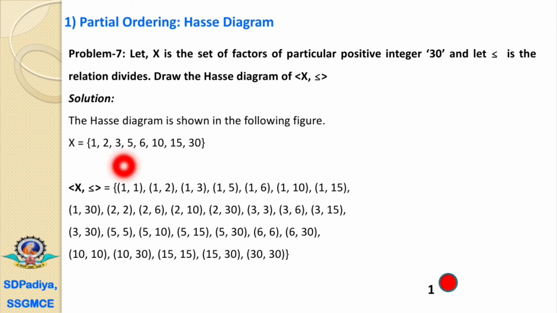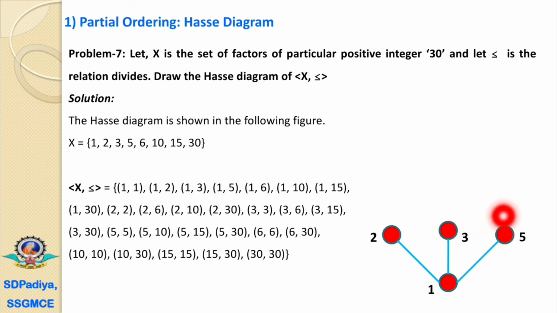Now 1 is covered by the 2, that 1 has a direct relation with the 2. That's why at the upper level we'll design the 2. Then if we look at the next element, that is 3, there is no relation between the 2 and 3. Then we'll design this 2 and 3 at the same level. If we look at its next element 5, again there is no relation between the 2, 3 and 5. That's why at the same level we have to design the 2, 3 and 5. But 1 has a relation with 2, that's why we have connected. The 1 has a direct relation with 3, that's why we have connected. And same for the 1 with 5.